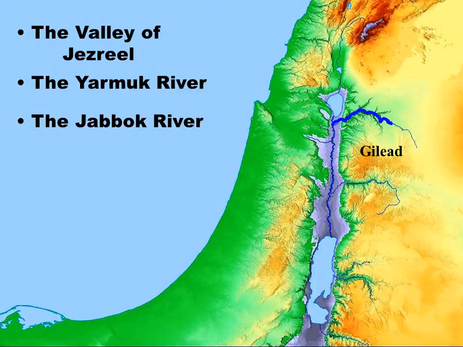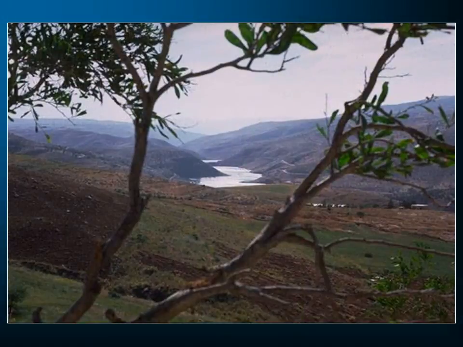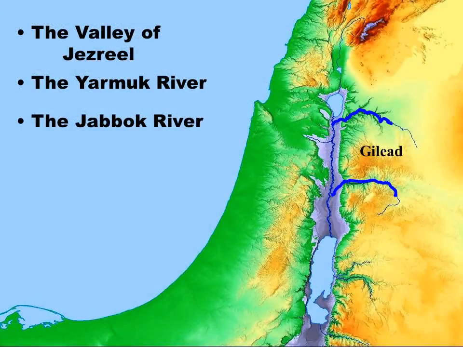I come to the Jabbok River. Now, the Jabbok River, the word Jabbok means place of wrestling. And it's here where Jacob wrestled with the angel. That's probably how it got its name. Today there's a dam across it, so it probably wasn't that high. I'm looking at it upstream from the dam in the land of Jordan. But here I have the Jabbok River, and then working my way south of Gilead,